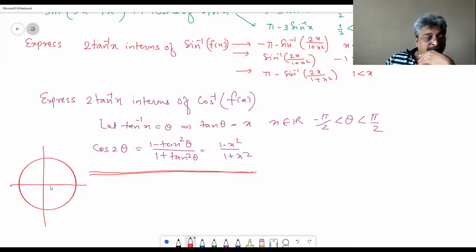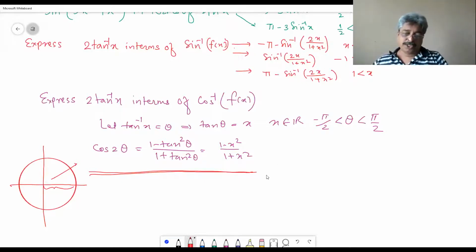If cos value is positive, that means I am in the first quadrant, and 2 times the first quadrant will continue maximum in the second quadrant, and hence I am safe. So the safe case is x is positive. So if x is greater than or equal to 0, you are safe. That means